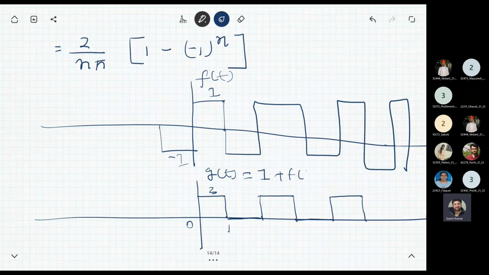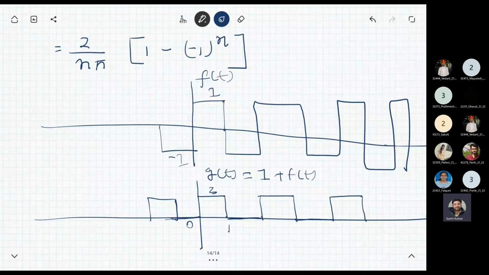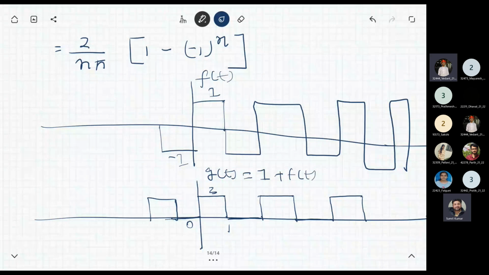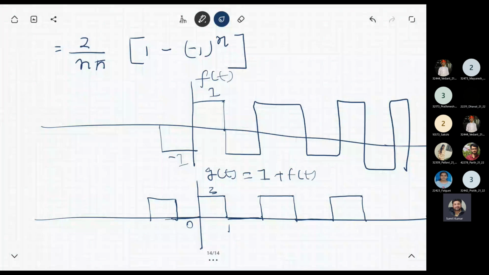So you can see that in this function, is this function even or is this function odd? Or it's neither even nor odd. कोई बता सकता है मुझे ये फंक्शन इवन है, ऑड है, या नाइदर इवन नॉर ऑड है? Sir, odd. ऑड कहाँ है? आप इसको पलटोगे तो ये माइनस हो रहा है, नहीं? हाँ, sir. Neither even nor odd. It's neither even nor odd, but you will see that